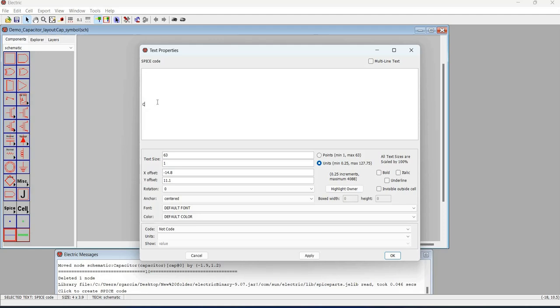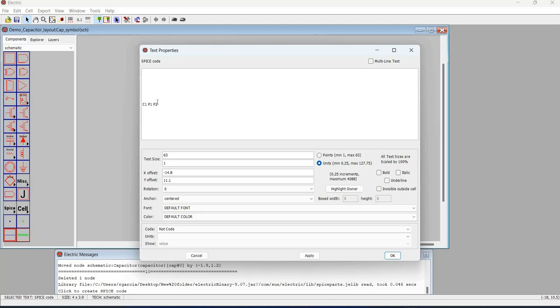So in this case, you're going to use C1, P1 for poly 1 and poly 2. In this capacitor, we're going to use two polys for your capacitor.